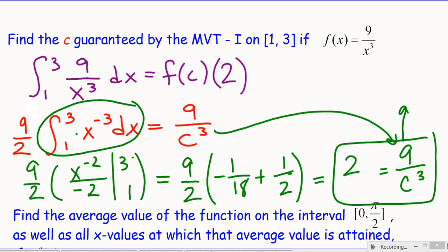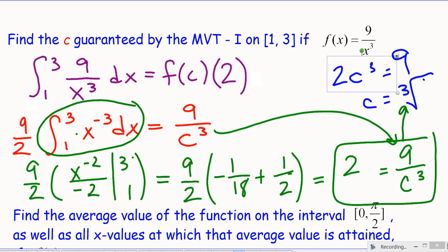Okay, pause the video if you need to, and then there's a little piece at the end that I haven't actually written up yet. We get to the point where we have 2 equals 9 over c cubed, and then we just need to finish that out. So 2c cubed would equal 9, and then c itself would be the cube root of 9/2. And I encourage you to leave things kind of mucky-muck like that. And then the one down below that,